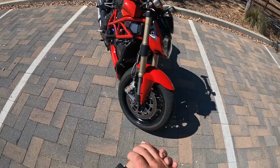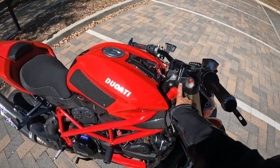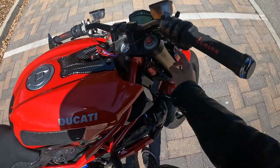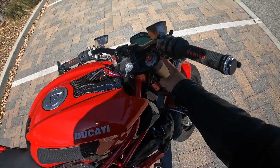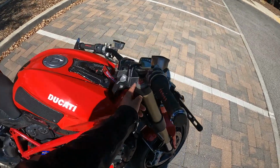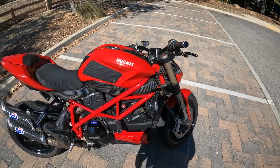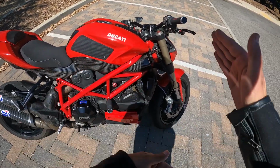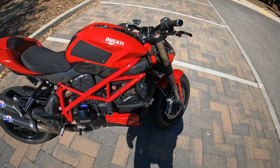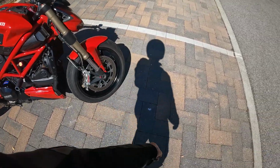And so my understanding, in order to get Öhlins front suspension on this bike, I would have to remove this top triple and put a 1098 top triple, or maybe even both triples from the 1098 onto this bike, which would be a little bit different rake, I think, and there might be a different size on the millimeters for the holes there. But I would have to do that in order to get the Öhlins suspension onto this bike, which would change more things. Of course, you know,